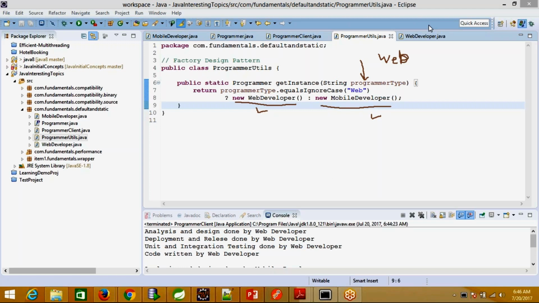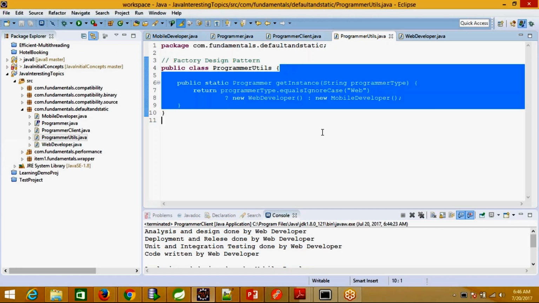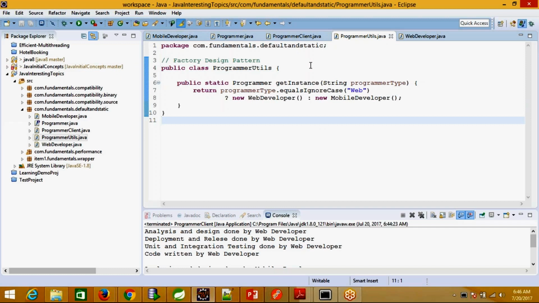It's a simple class. I don't want to create an object of this class myself, so let the client classes not create that particular object. We have created one utility for them. Now let's run the same program one more time using this utility, and then we will jump into the default and static method part.